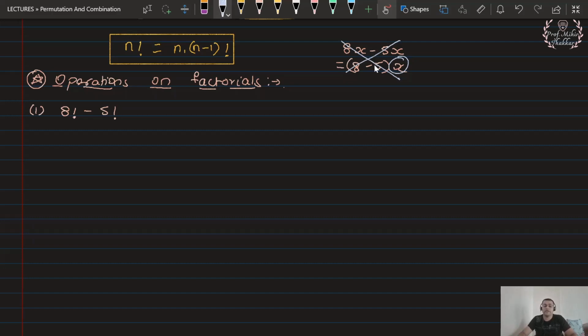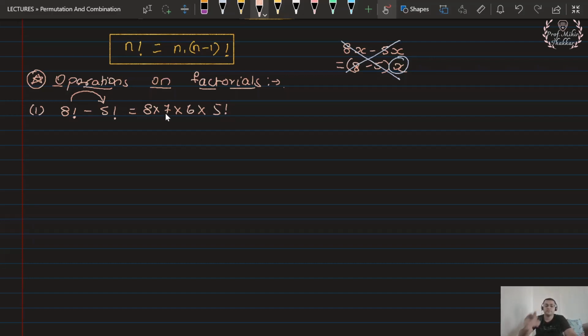I cannot take out factorial common, because it is a notation, it is not a variable, okay? So you cannot take out factorial common. This is one very important thing that should be very clear in your mind. After that, the next important thing, when I want to calculate this kind of numbers, we have to reduce the greater number till the smaller number. We start with 8 factorial, which is 8, then reduce, it becomes 7, again reduce, it becomes 6, again reduce, it becomes 5. Now I apply a break by putting the factorial notation.